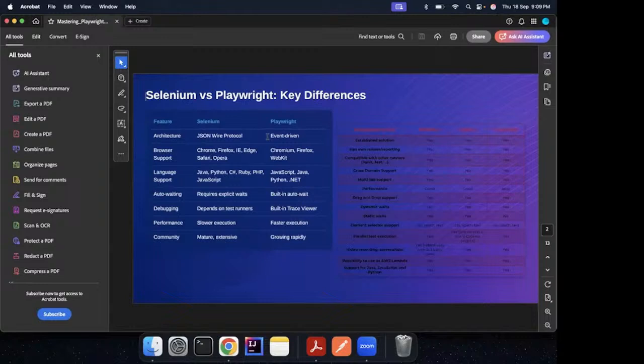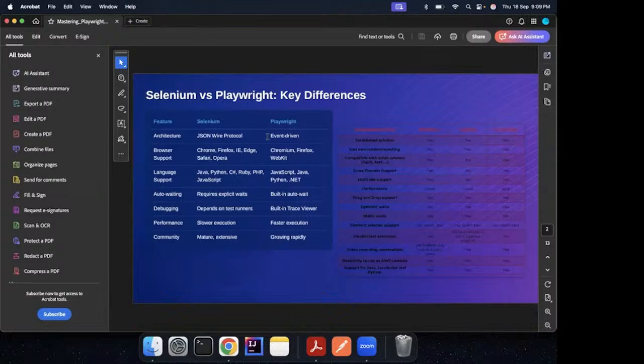That is why Playwright wants to use WebSocket technology. Browser support, both are the same. I'm not going to give any extra marks to Playwright over here, but for the ease of setting up and running on multiple browsers, that is where Playwright gets an extra point. It is very easy to configure, and you'll see when we are seeing the day-to-day demo that we are going to have from tomorrow. And language support,